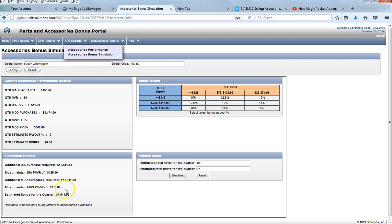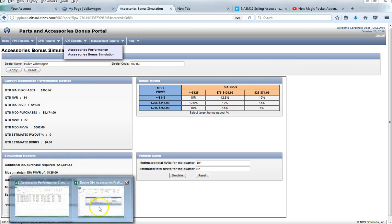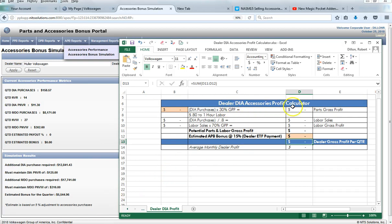Now you may be looking at this $5,500 and going, well, Rob, that's great that I get $5,500, but I have to earn $12,000. Well, let's look at the whole picture. So what I'm going to do right here is show you a calculator that I put together that's just going to punch the math to see how much extra money we're going to earn by selling out this $12,000 that we purchased. So very quickly, I'm going to take this $12,841. Now, punching that in at a 30% gross profit margin for the parts department, and then also at an 80% margin for service labor. And again, you guys can negotiate different deals. I don't know if there's internals or what have you, but then also taking this 5544, just rounding it,